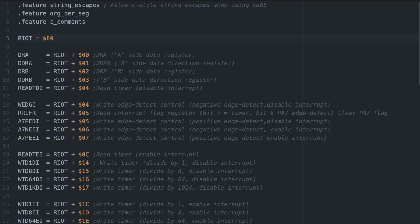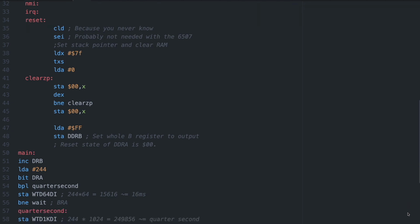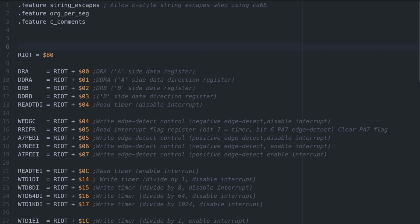This is the code the way we left it after we finished getting the 6502 single breadboard computer to blink an LED using the 6532 timer and change the frequency using a button press. A pretty good 6502 Hello World example. This time we'll dig a bit deeper and I'll assume you know at least a tiny bit of 6502 assembly